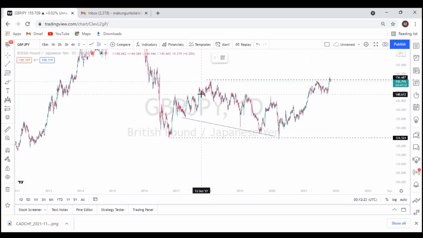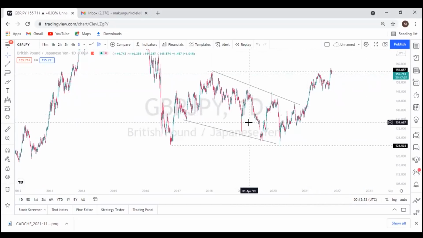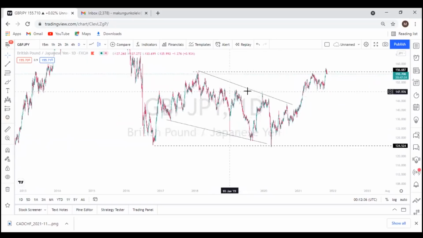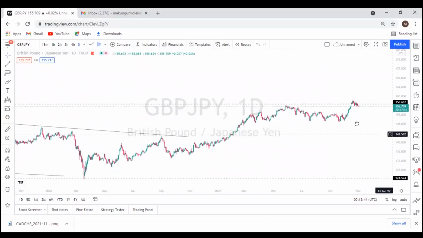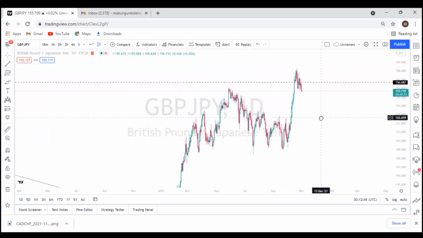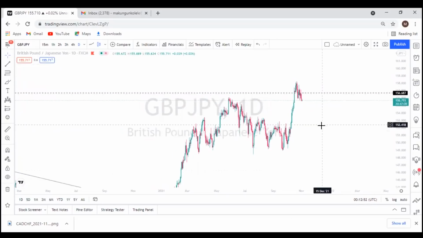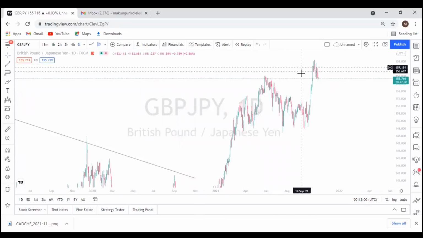a descending structure. It's actually weird how all the currencies I've analyzed are moving very similar to each other. So this is what we have right now with British pound against Japanese yen. So let me just fix my chart ratio. So right now we have weird movement on our